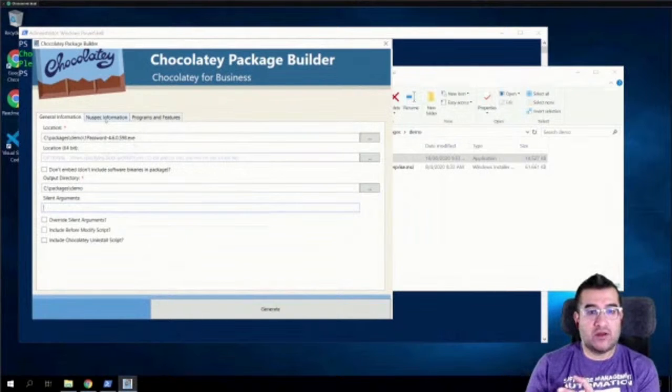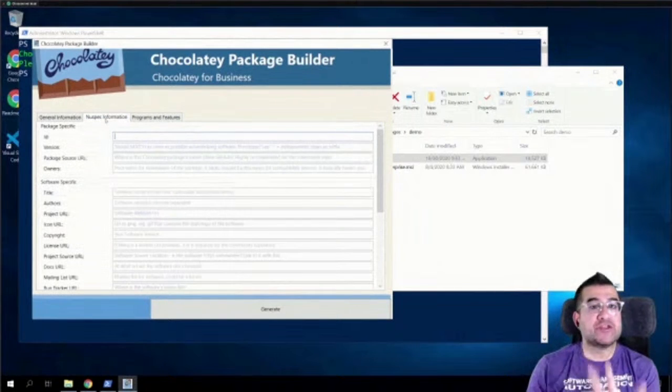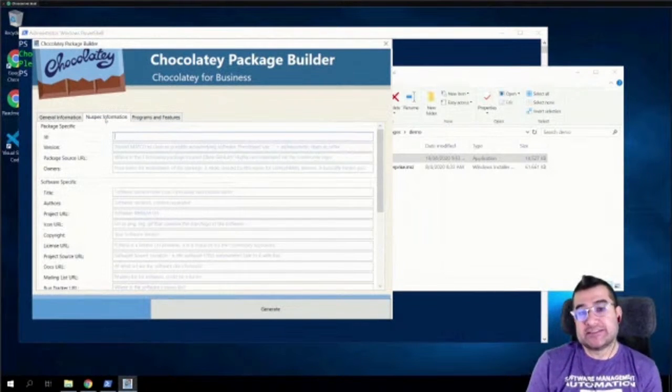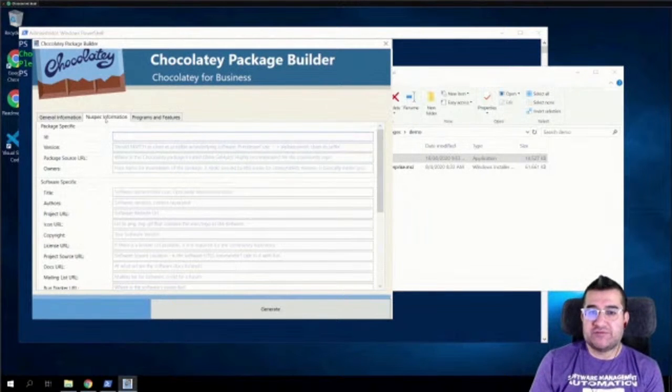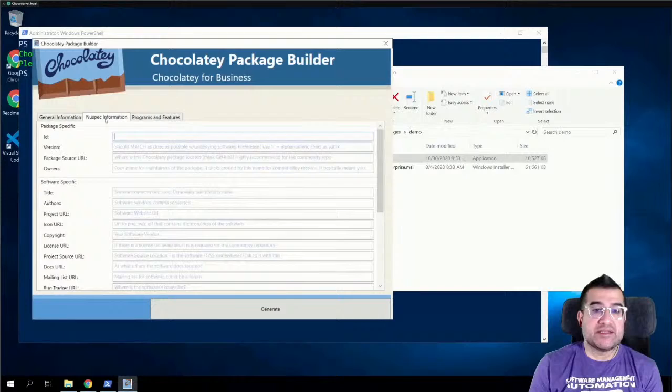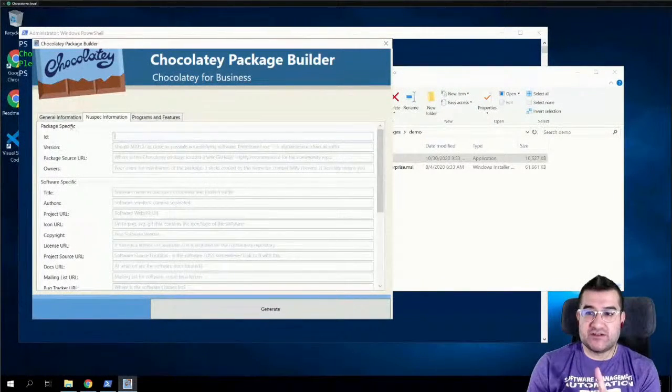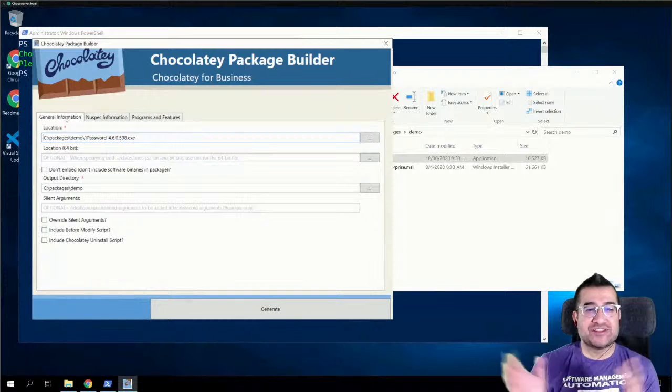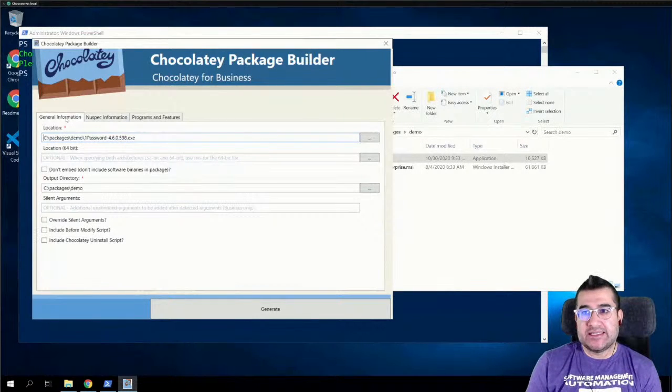Over here now on the other tab, you'll see we have a new spec information. So this is the new spec file, the XML file that Stevie showed off there. Specifically, it's your metadata, so your version, title, author information. Now, you see a lot of fields here and there. The important thing to remember is all this is optional with Chocolatey for Business, because Package Builder is a feature